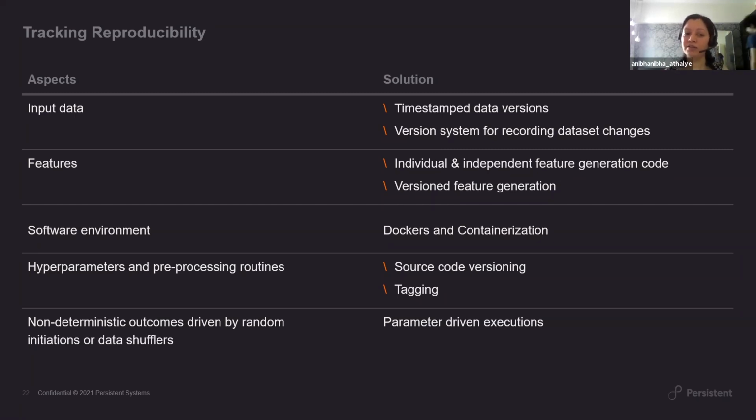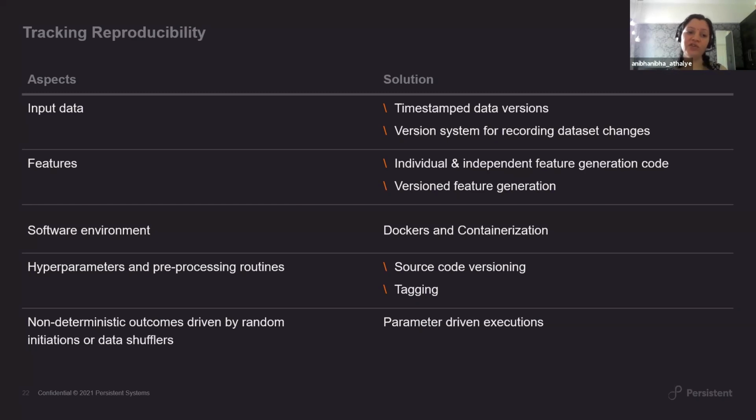The third topic over there is the software environment. So Docker and containerization is what is being used. And we saw a piece of this when I just deployed a new version of the model. What it is internally doing is using that YAML file, and then creating a Docker image on top of that. And then that Docker image is used to spin up a virtualized environment and deploy your model on top of that. In the example that we saw, a very simple scikit-learn example, the environment that you're using is an sklearn environment with a pickle file.